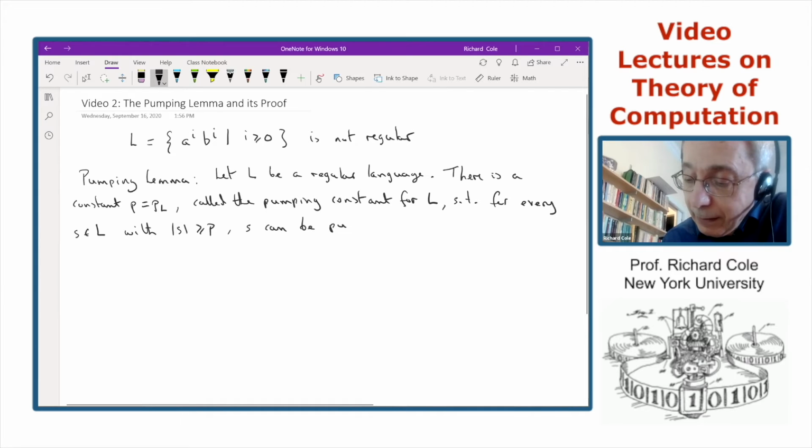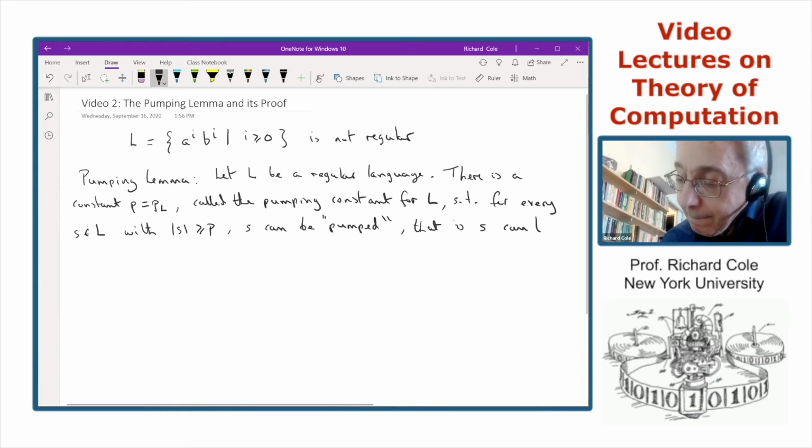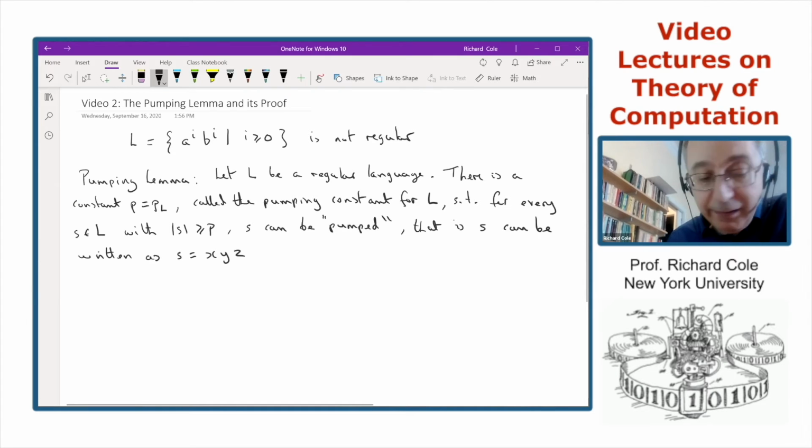And I'll explain what pumped means momentarily. That is, we can write S as the concatenation of three strings, X, Y, Z,